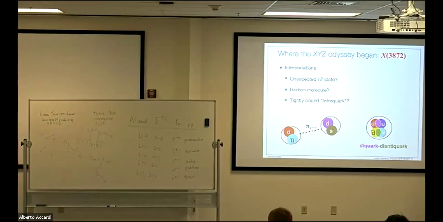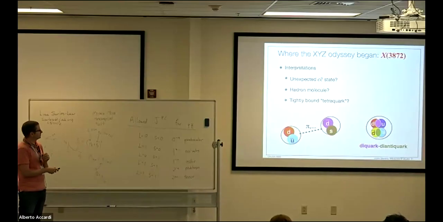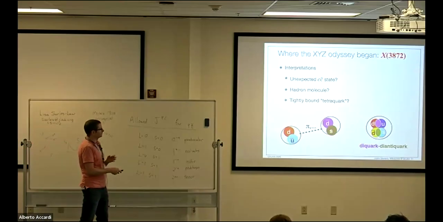So this is a bit of a fuzzy interpretation, but basically it's talking about distance scales. So you think about a quark-anti-quark system, that's a confined state of two quarks. That's a very compact, small size object. If it were more like a hadronic molecule, which is a couple of separate hadrons that are sort of orbiting around each other, both spatially, but not at that compact spatial size, then it would look more like this hadronic molecular picture. And then there are ideas that it could be a tightly packed tetraquark, so these 4 quarks on